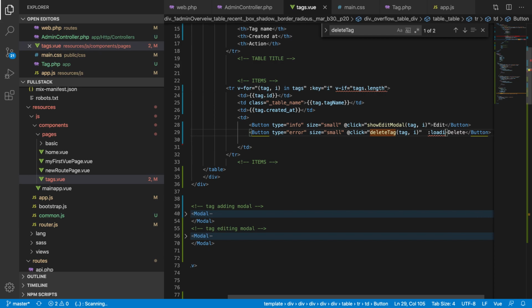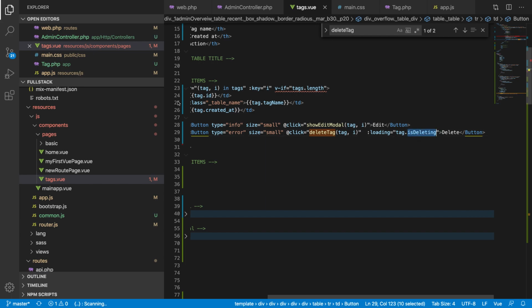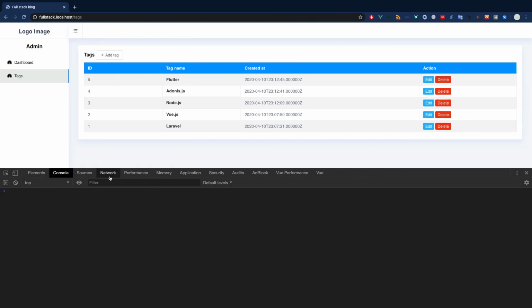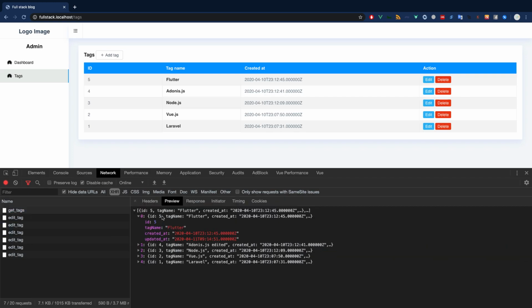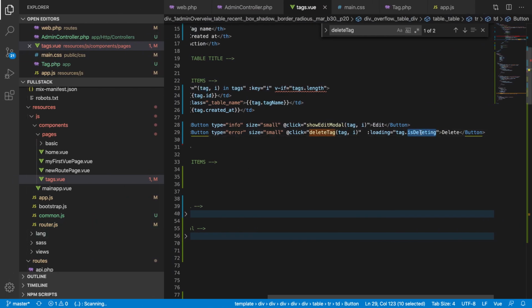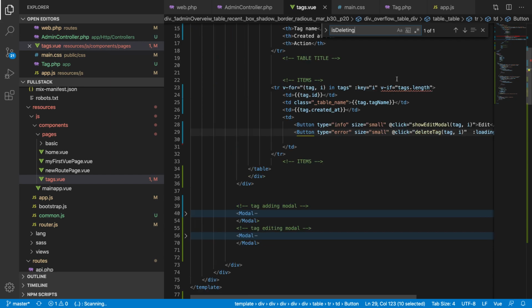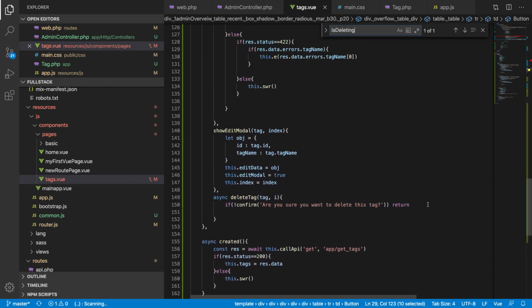Let's say loading equal tag dot isDeleting. You can see isDeleting is not available in the tag object. Let me show why it's not available. Get tag list. Here is ID, tag name, created, updated. So there is no isDeleting. So we are forcing a new property in the tag object. So we have to use that, and we have to set that as well. Since we don't have any property here, we will say